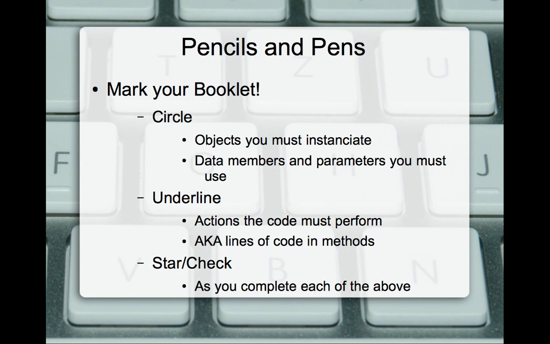Specifically, there's a couple things we want to make sure we do when we're actually going through and taking the exam. The first step is using circles. We want to make sure we identify the objects we have to instantiate. What are the things we have to make? By circling those objects we have to instantiate, the data members and the parameters that we need to use,